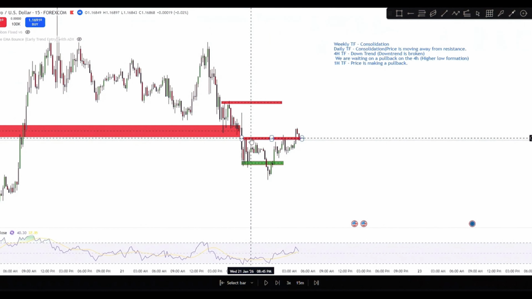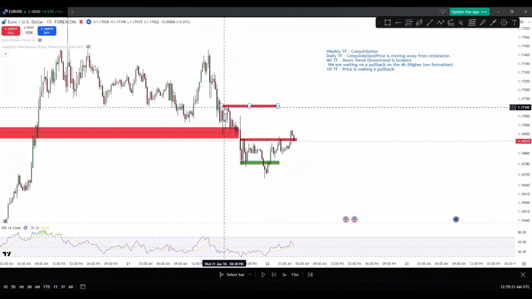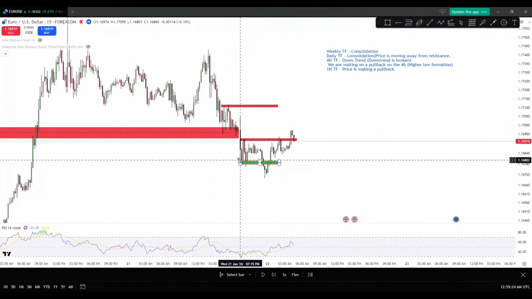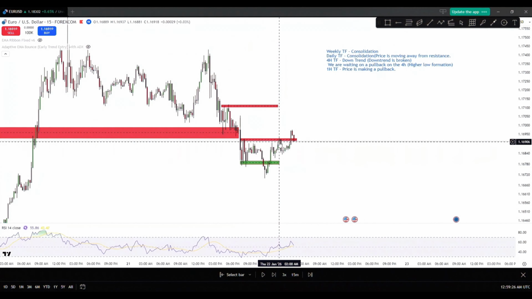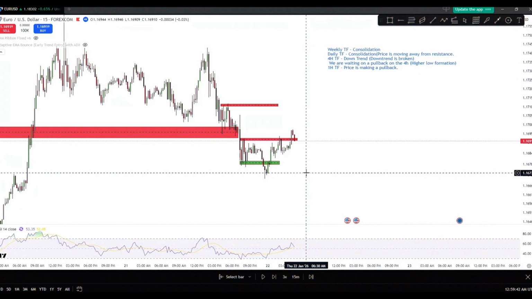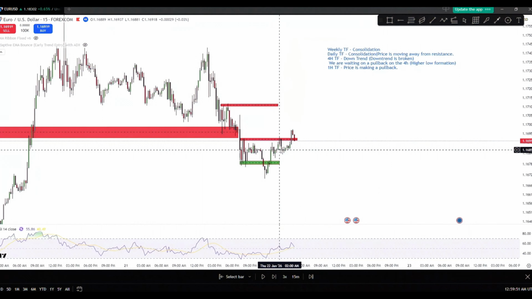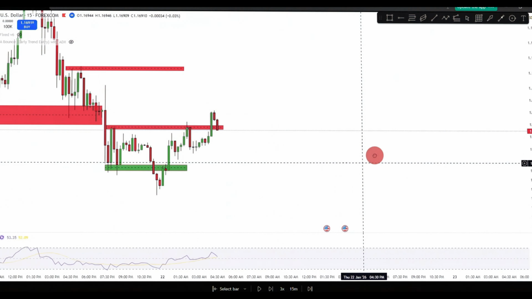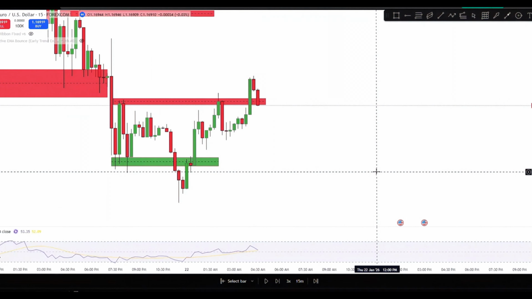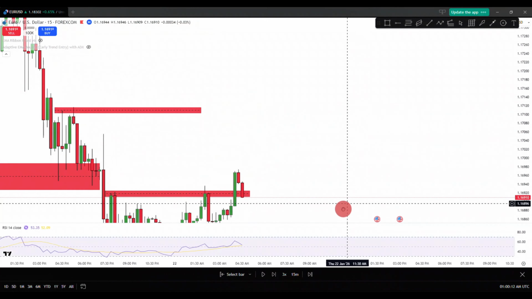This is what we're looking for. This high was broken recently, which means this downtrend is no more. We had a lower high, we had a lower low and a lower low. Then we have a relatively equal high and then a higher high, which means that on the 15-minute time frame, the downtrend is over. Price is now starting to form higher highs and higher lows. We have this low right here and we have this higher low right here. So now we want to get our entry in on a pullback on the 15-minute time frame.